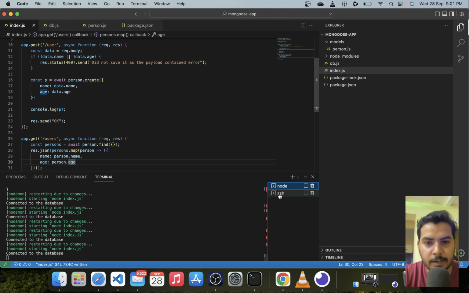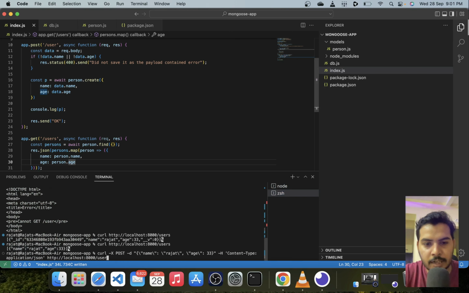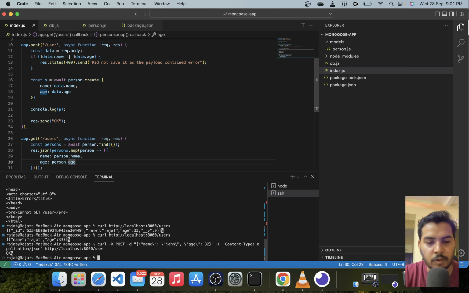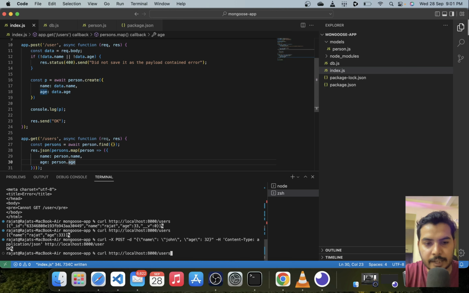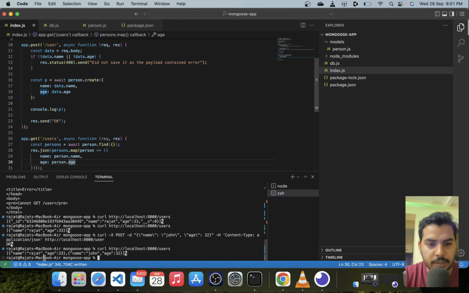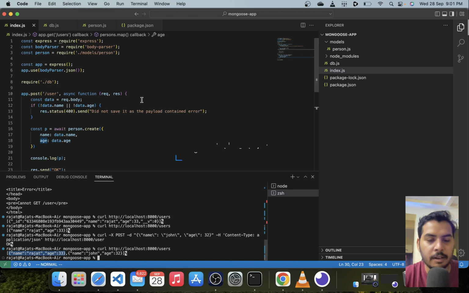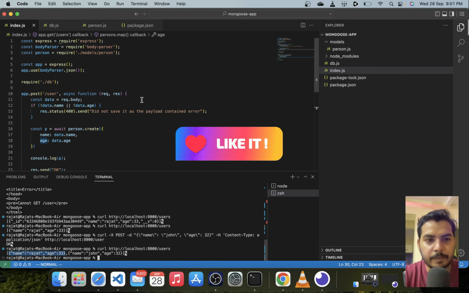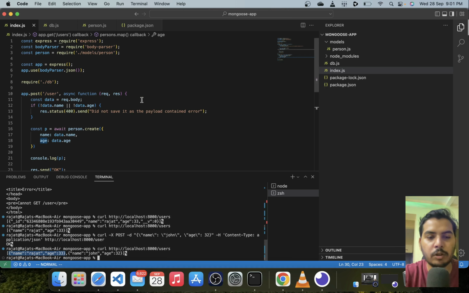In case we send more data to this server, let's send one more record. So let's do age is 32 and the name is John. Let's create one more record. We have gotten the response of okay, which means the data has been persisted, and let's try to get the data back. And now it says that it has two entries in the record, and the first one is Rajat and the other one is John. So this way you can send data to MongoDB and enforce a schema, and then you can also get the data back from MongoDB using Mongoose.